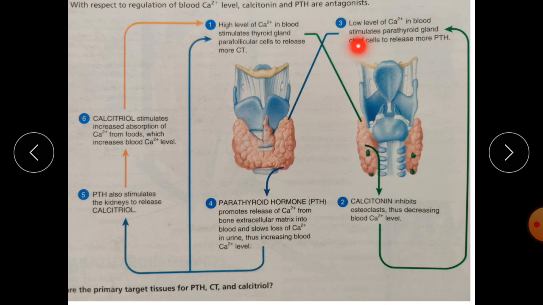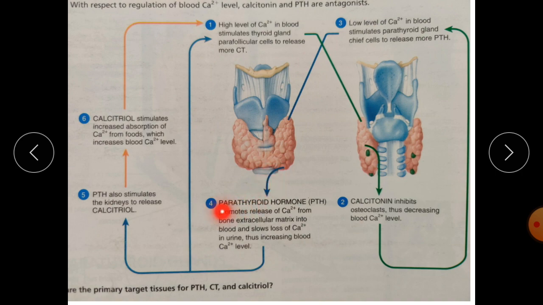It stimulates the parathyroid gland to release more parathyroid hormone from the chief cells. So whatever the parathyroid gland is there, from the chief cells it will release the parathyroid hormone, because what is the signal? Decreased calcium level in the blood is the signal which goes toward the hypothalamus, and the hypothalamus gives the order to the parathyroid gland to release the parathyroid hormone from the chief cells.